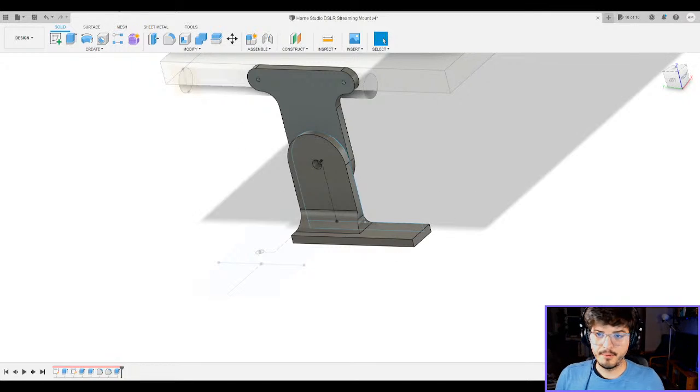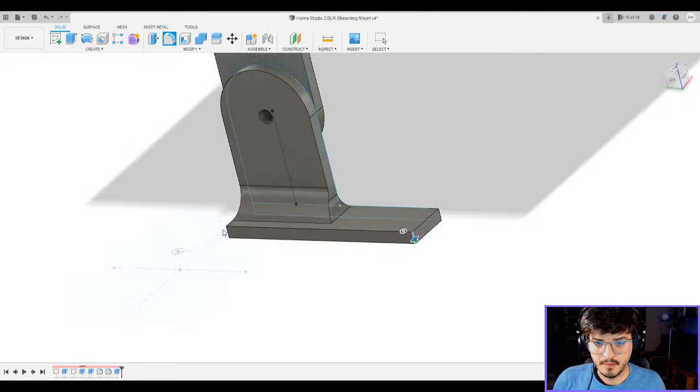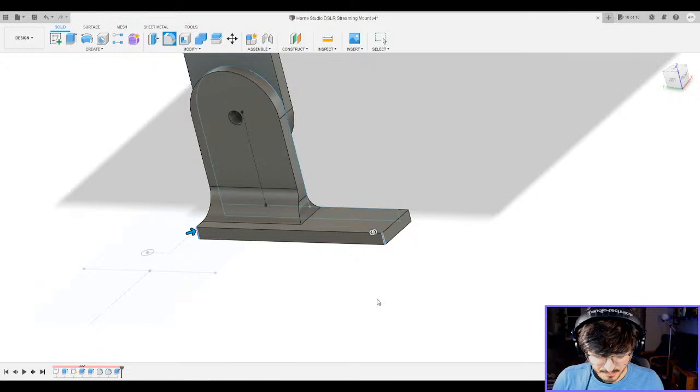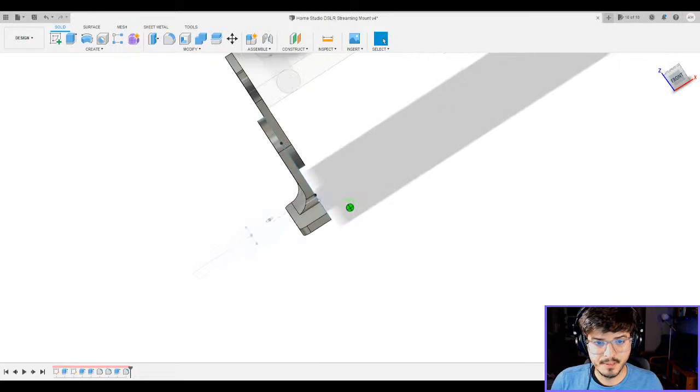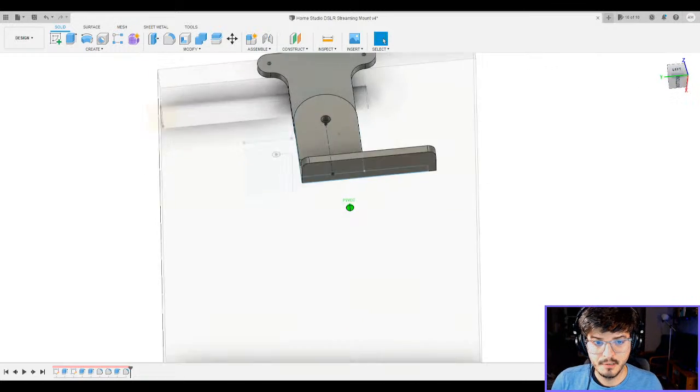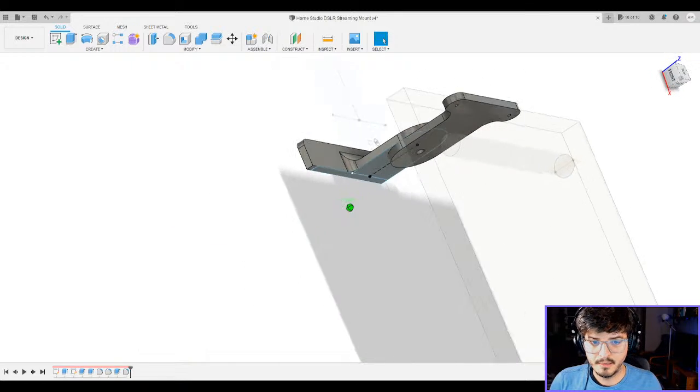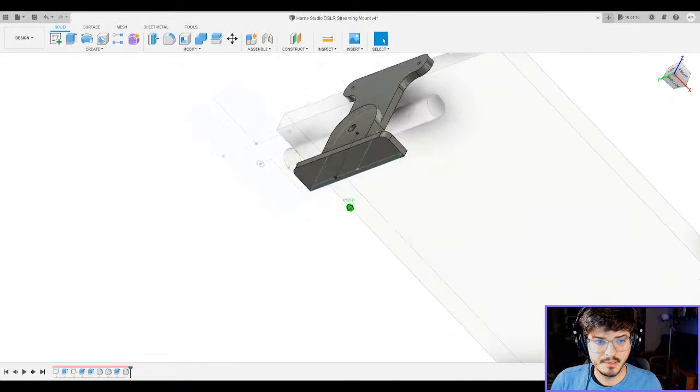And I'm going to round off, no, I'm going to round off these 2 corners. I am going to fillet these 2 corners though, just for aesthetics. 2.5. There we go. So that I can still have something flat to print on. And that's what's going to print. These are the 2 parts.